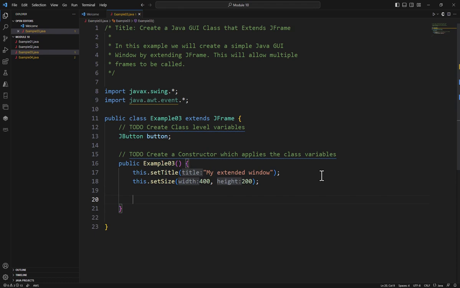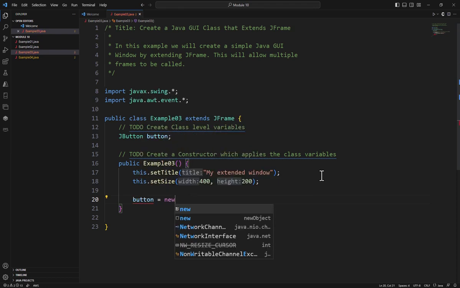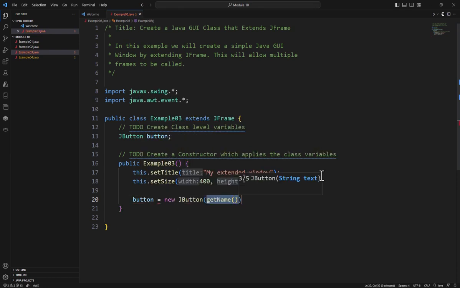Once I set all of my internal properties I want to set, then I would come over here and say button equals new JButton. I can specify some text for this, just like I did previously as well. So I can go through this whole process, setting this all up the way I'd want it to be set up. I can add my event handlers, etc. Now, I probably wouldn't want to set visible here inside my constructor. I might do that separately. That way I can construct this window and then display it when I want based